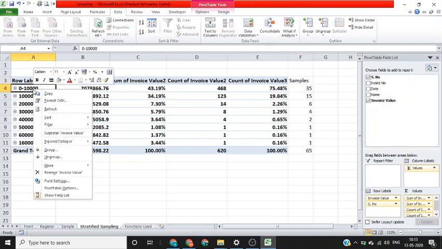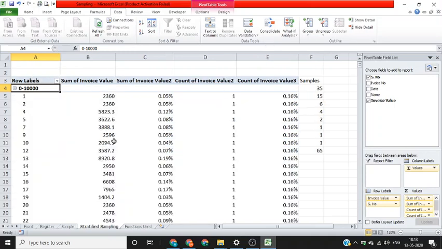Now you can right click here, go to expand, and expand it by serial number, and there you can see all the serial numbers in the first group, and then you can apply random sampling on these numbers and randomly select your 35 samples.